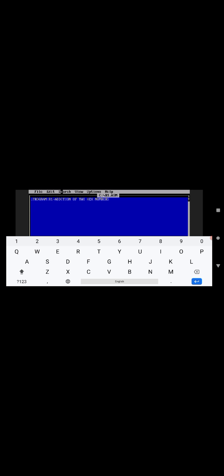So let us start the program. First, data segment, then org 0 hex. It means you are locating the data, the given data, in the first column.